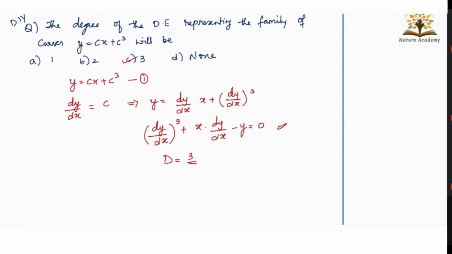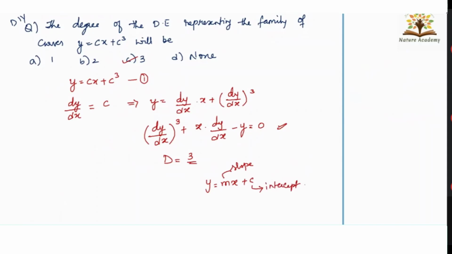This is how you can connect with the differential equations. Even though they have not given you a differential equation, they have given you one simple equation. You can differentiate it and find the degree. This equation represents the family of curves. It is a straight line equation, isn't it? y is equal to mx plus c. M will be the slope of that line. C will be the intercept on y-axis.